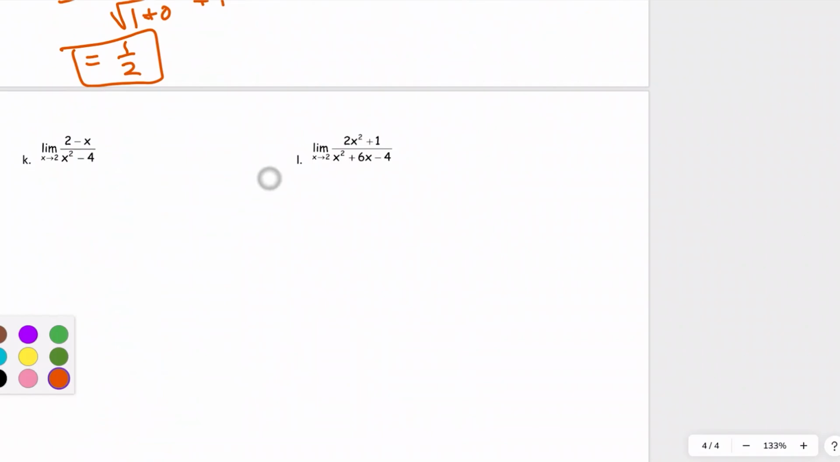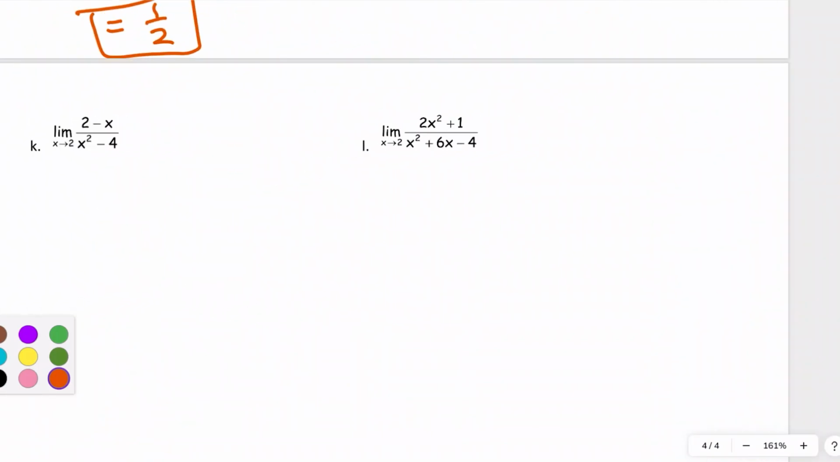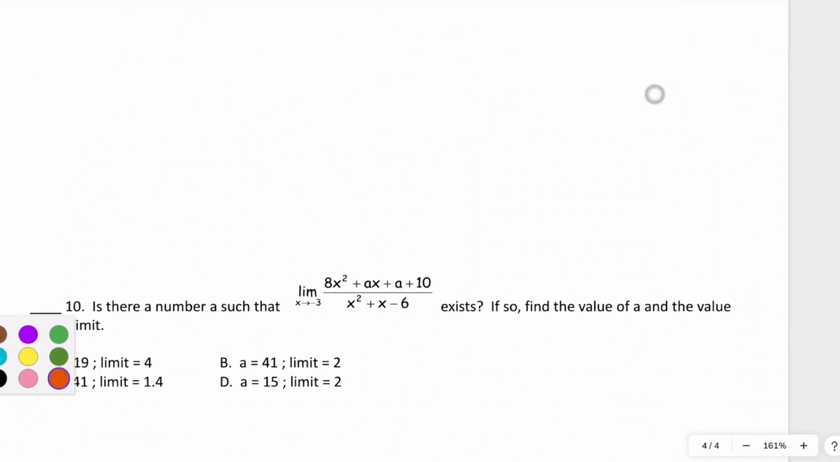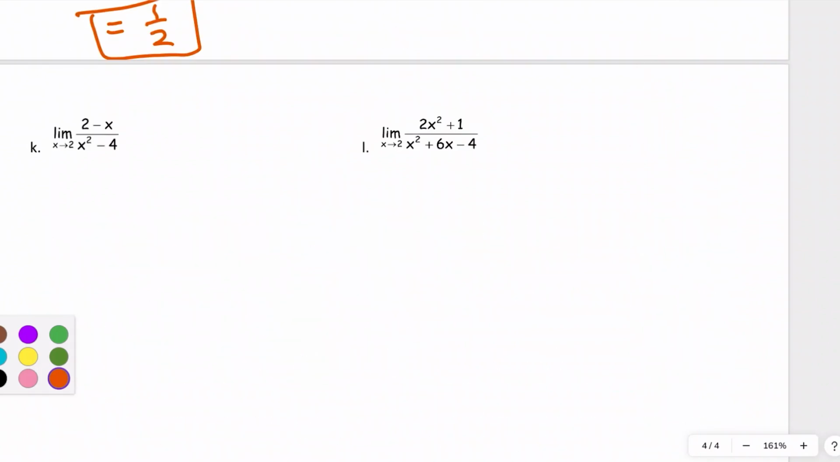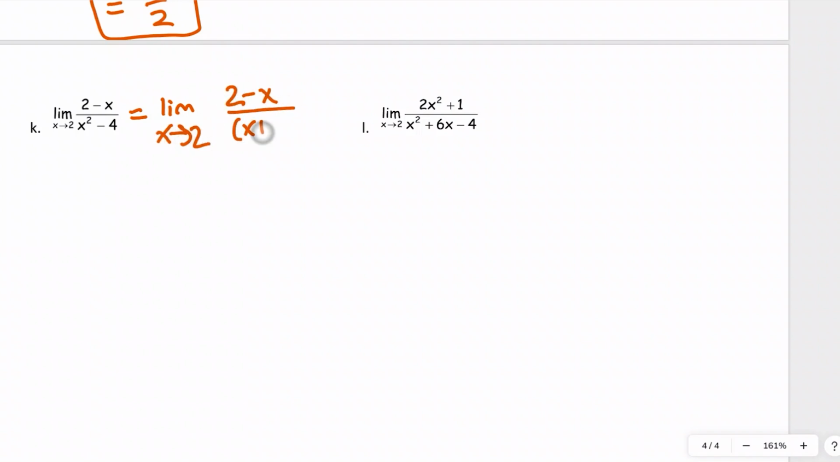All right, we're on our last page here. Letter K. All right, this list of letters is pretty long here. It said 10 problems, but I feel like it's closer to 20. Okay, so this one will be pretty similar to the last one. We can't plug in 2, but we can factor that denominator as a difference of 2 squares. So this is going to be the limit as x approaches 2 of 2 minus x over x plus 2